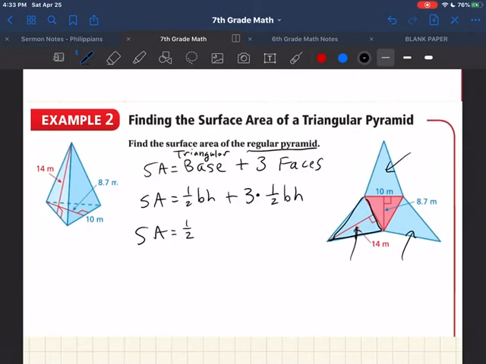All right, so we're doing the red base now. Let's clean this up a little. Okay, so the base of the triangle, we know the height is this one because it's got this part with the right angle. So this is my height, this is my base. So 10 is my base. 8.7 is my height, okay? And then I'm going to add to that